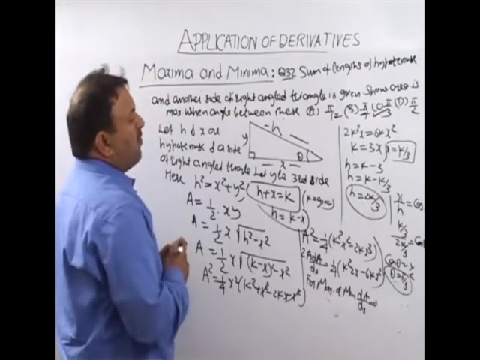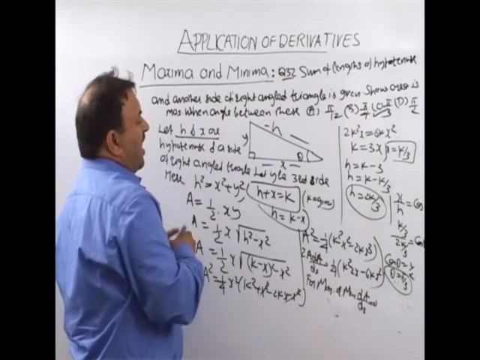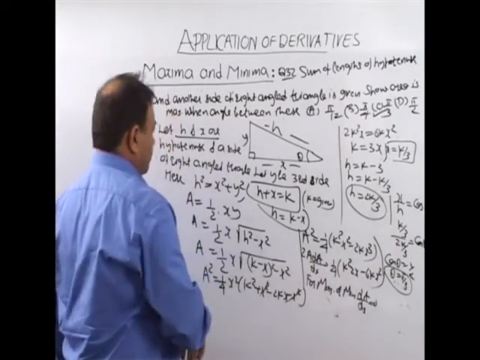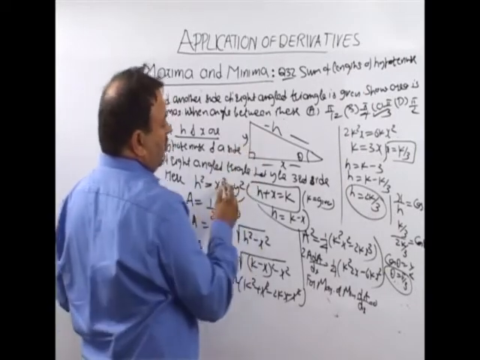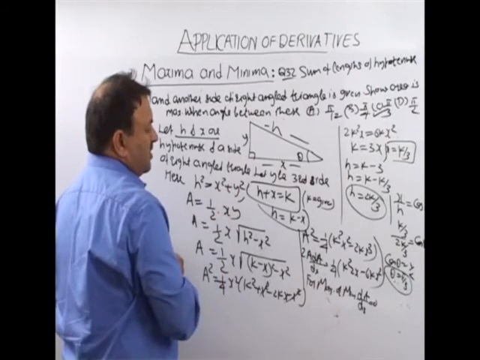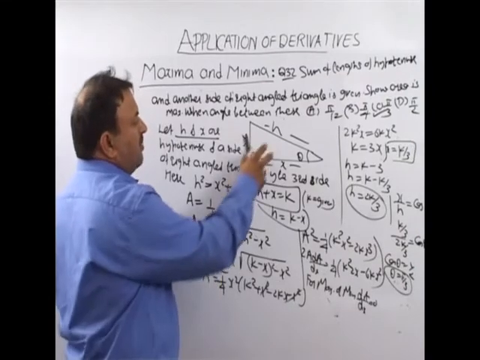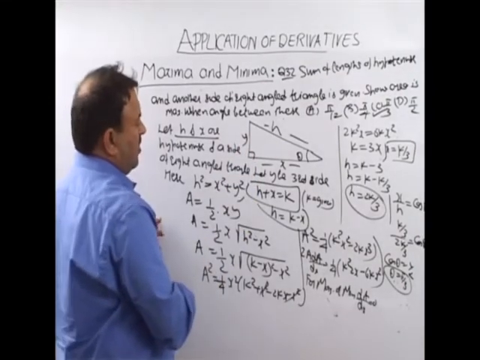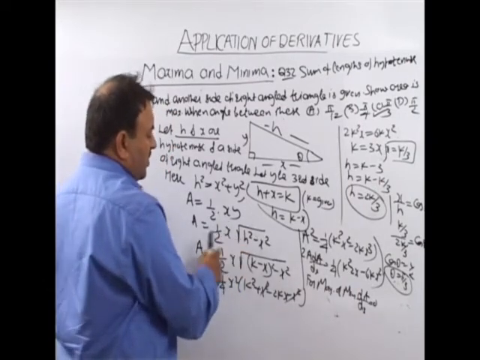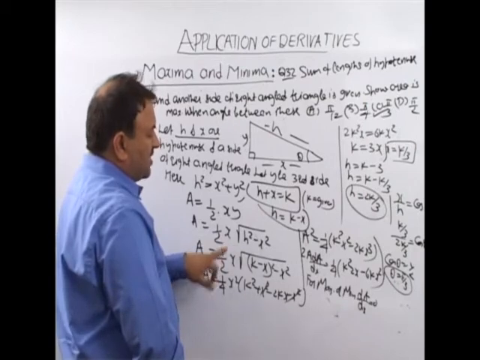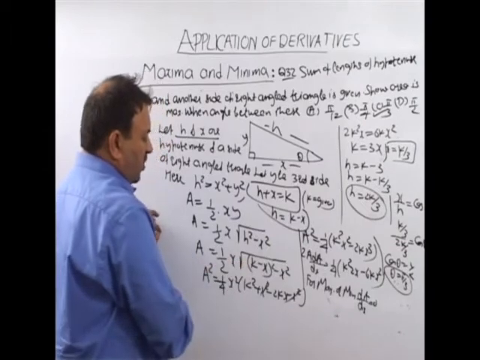We were given the sum of the hypotenuse and another side. So I have taken them as h and k, and the angle between them comes out to be theta. Now in a right angle triangle we know the Pythagoras theorem, h square is x square plus y square, and we have been given h plus x is equal to k. Here we have to maximize the half area, area is half x y. Find the value of y from here and substitute it over here. Now we got our area in two variables h and k, but the answer should be in one variable. So we took the value of h from here and put it over here.